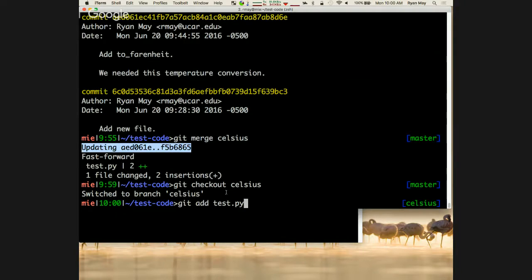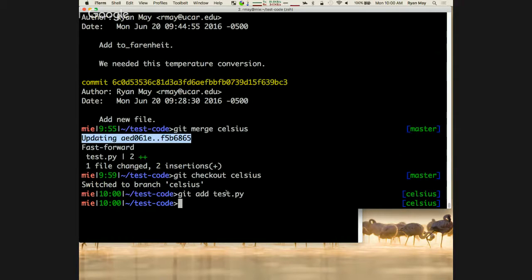Most of you, that shouldn't do anything. If you do a git commit -m, give it some kind of message here. What did I call it? I said add to Celsius.